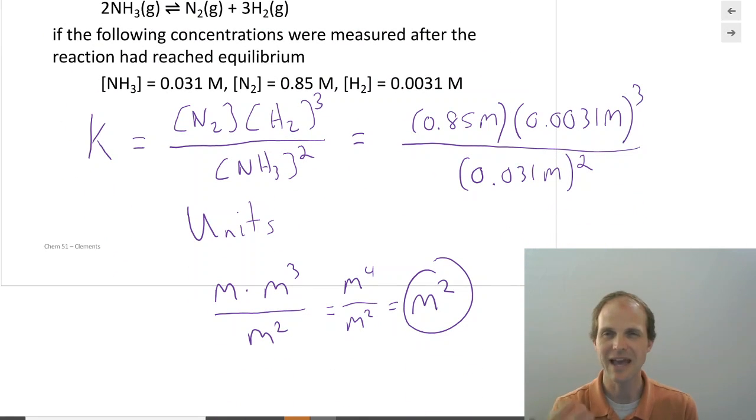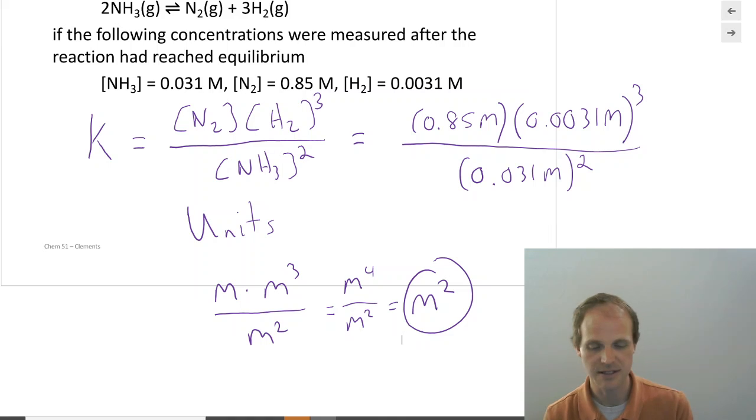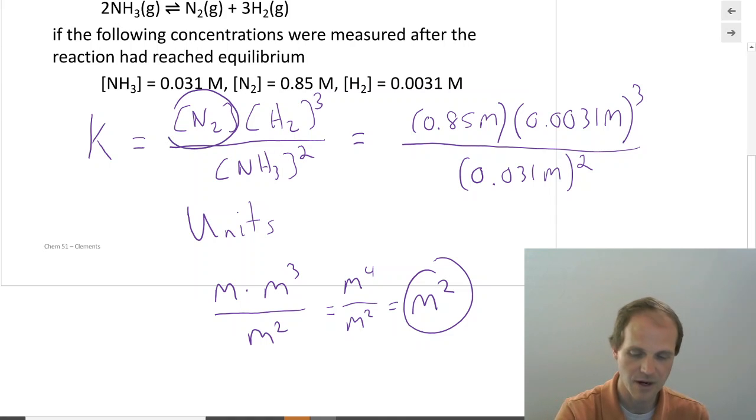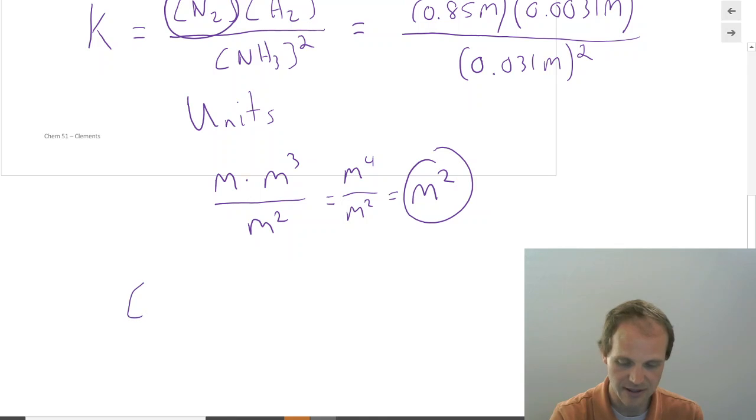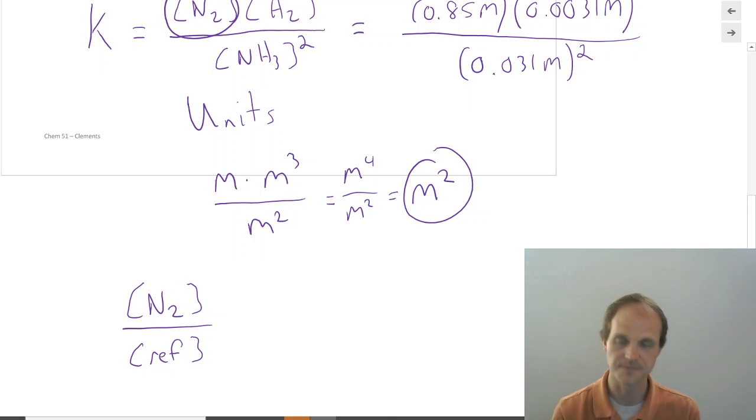And how come K can always have these different units? We ran across that in the rate constant. We said that depending on the order of the reaction, the overall order, K would have different units. But that gets a little tedious here, and there's other good reasons. So what we do when we're talking about equilibrium constants is, it turns out we are not writing the concentration of N2. What we're actually writing is the concentration of N2 divided by a reference concentration.